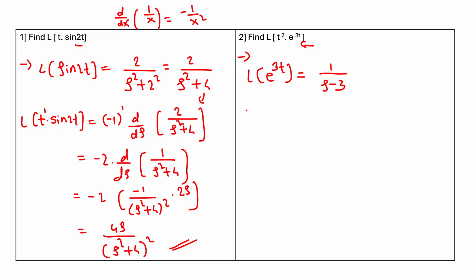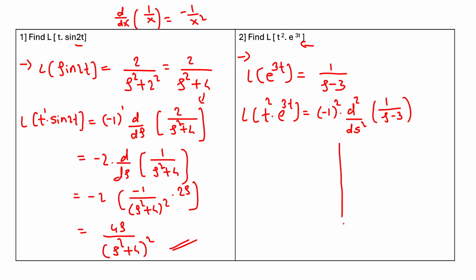Remember this. And now t square is multiplied to e raised to 3t, right? It means again the same, you have to use the multiplication by t property. So the formula is minus 1 raised to n. N means here the power of t. You can see here the power of t is 2. So minus 1 square into d square by ds square. Why d square by ds square? Because the power of t is 2, right? And 1 over s minus 3. Next, minus 1 square will be plus 1, into d by ds into,